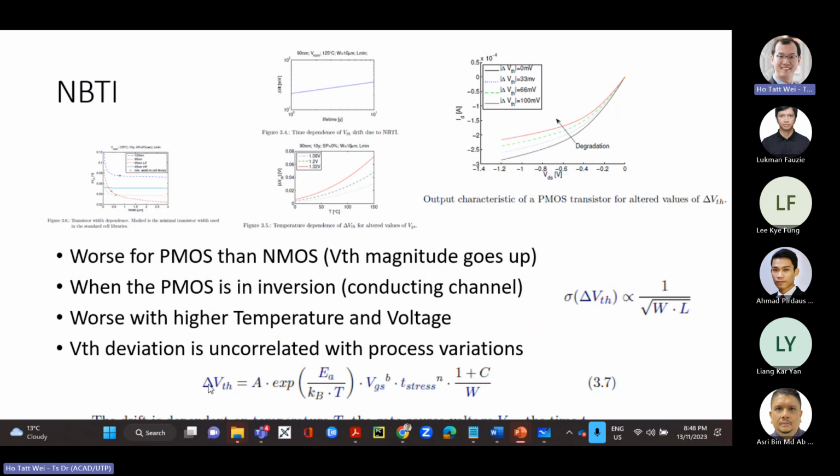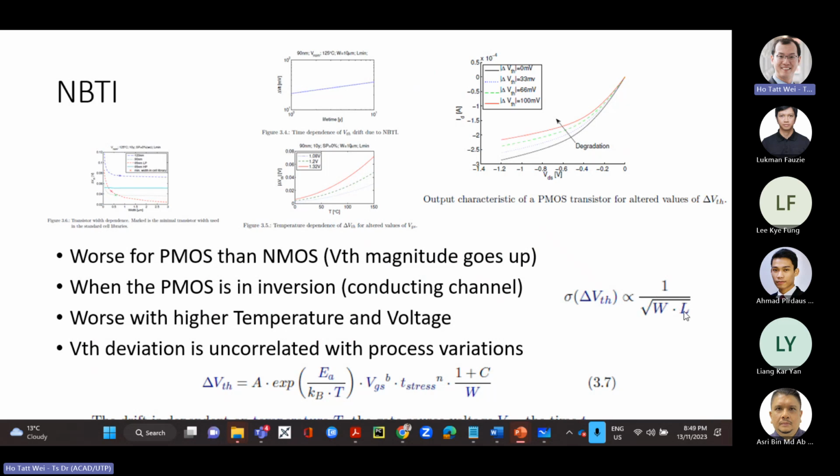You can look at the mean change in threshold voltage due to aging, right? Because it's going to be a function of time, how long you're stressing this, and the variance of that change in threshold voltage. Again, we're modeling the effective change as a change in threshold voltage. This is the mean shift, the mean increase in the threshold voltage that leads to a greater delay. This is the standard deviation. It's going to be proportional to the square root of W and L.